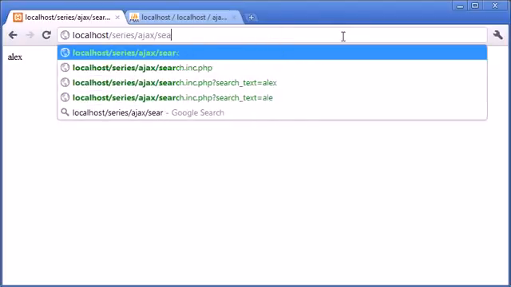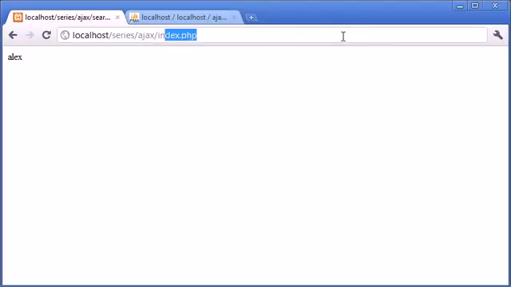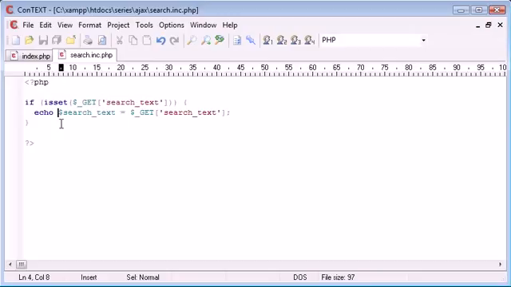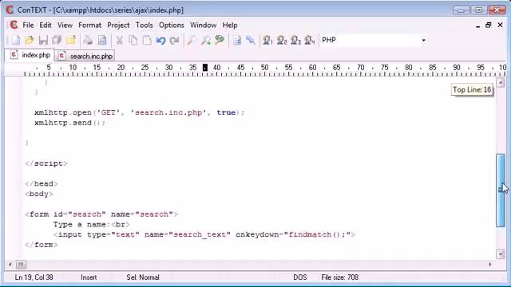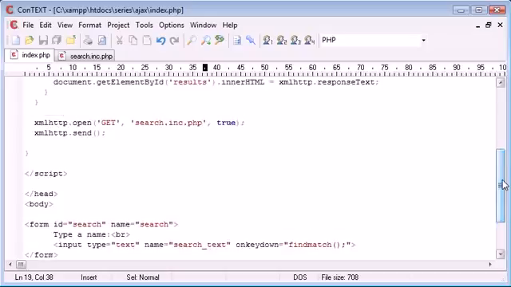So let's go back to index.php. Okay, so now what we want to do in here, oh no, we've done this now, so we're echoing each value that we're grabbing from this search text. Now what we need to do in here is dynamically update this to be sent through to our PHP file search.inc.php. So what we need to do is on here specify